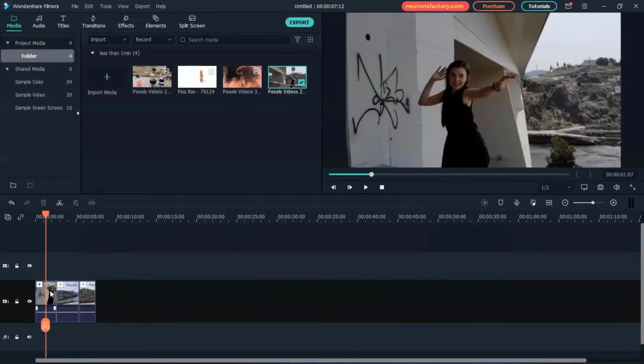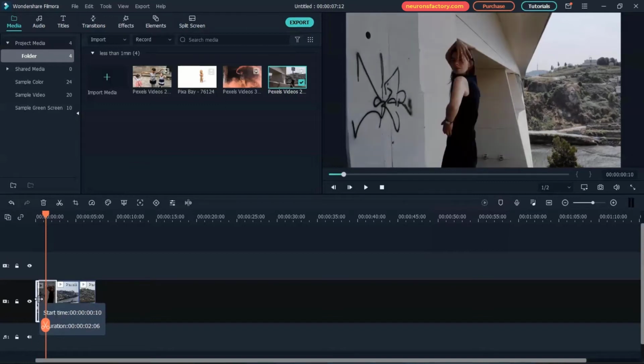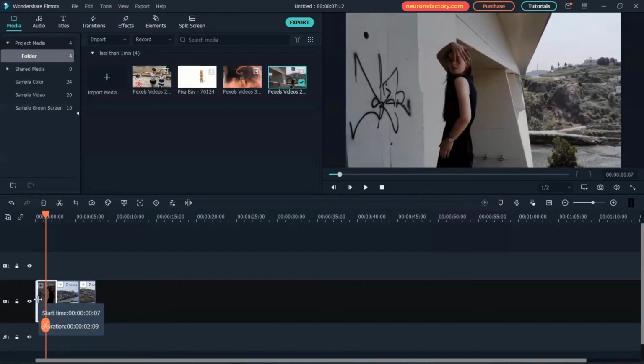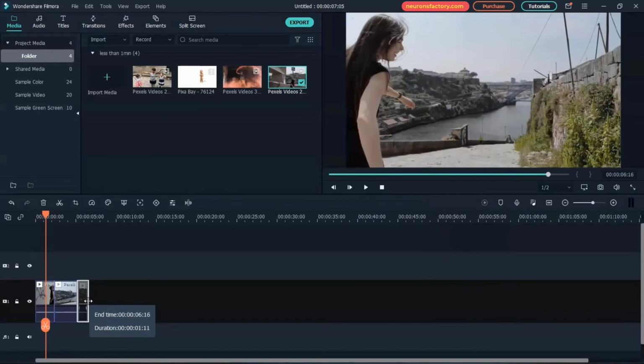Let's say if you want to trim little footage at the beginning, select the clip and then hover the mouse over the start of the clip until you see a double-headed arrow. Click and drag to trim the footage and set a new point. A tooltip will be displayed that shows the new start point of the clip as well as the duration of the clip. Similarly, you can trim a clip's end, that is, the clip's out point.